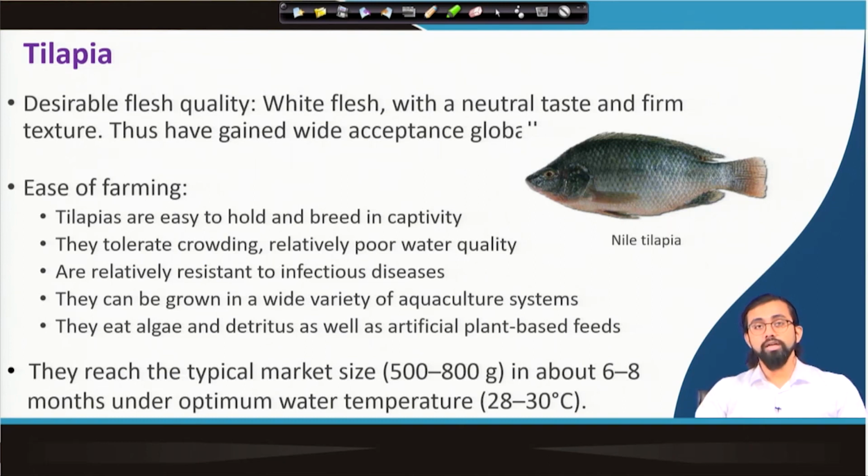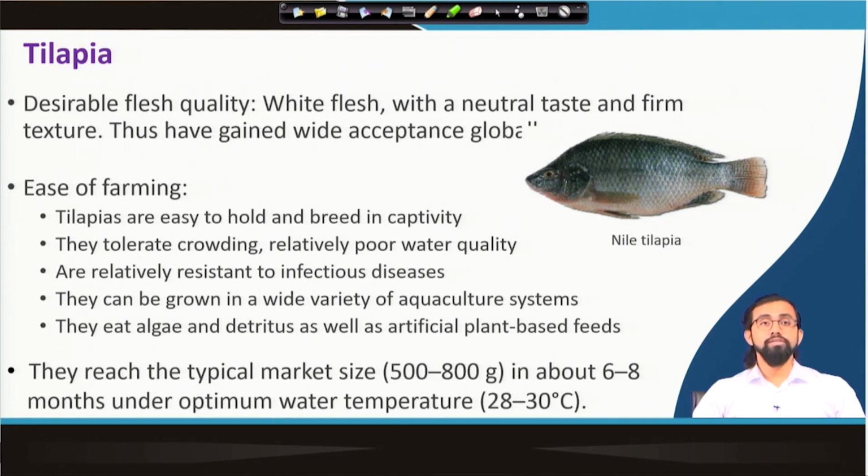They have white flesh with a neutral taste and a firm texture, and because of these reasons they have gained wide acceptance and global demand all over the world. Ease of farming: tilapias are easy to hold and breed in captivity. They can tolerate a little bit of crowding, I mean the stocking density. They can even sustain poor water quality, which makes it a very